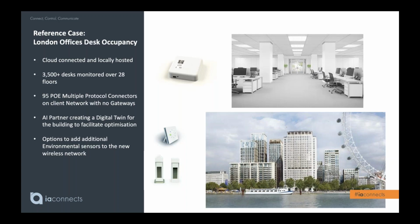The initial sensors used weren't actually EnOcean, but because of the phased approach to the project, we decided to suggest putting in multiple protocol connectors on the client network with no gateway. So this would allow EnOcean sensors to be added in future phases with no further infrastructure needing to be added. And this was something that was a real benefit to the customers. They were able to install everything during the pandemic, which obviously meant there was a lot less disruption to users